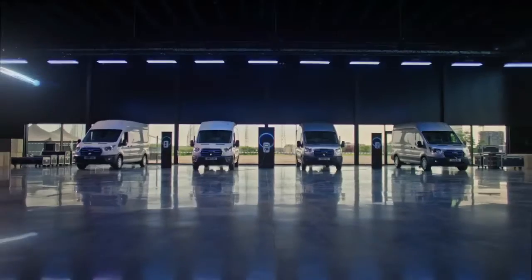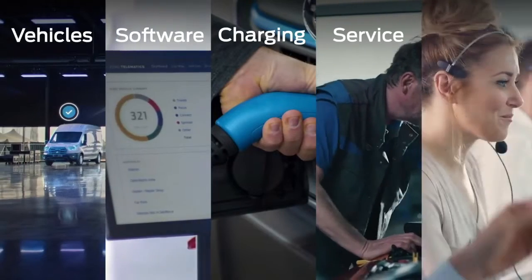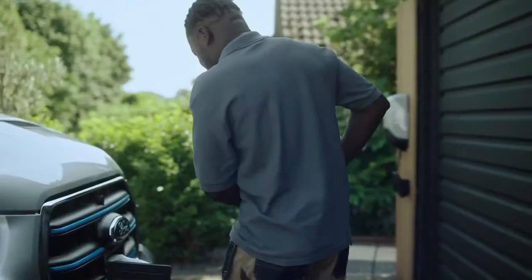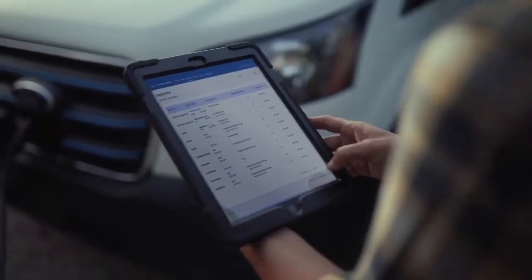So here at the show and in your advertising, I've seen that Ford Pro is all about productivity. But what does that actually mean for your customers? Well, our mission is to provide a seamless end-to-end solution for best-in-class vehicles, charging, software, service and financing, all from a single trusted partner. And we want to help those customers make their transition to an electrified future really simple